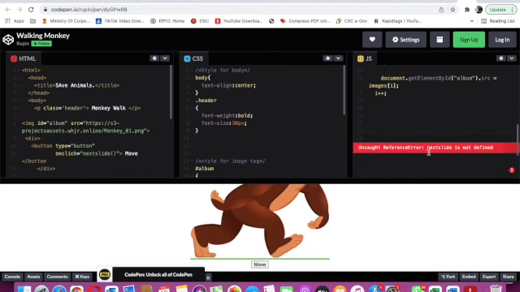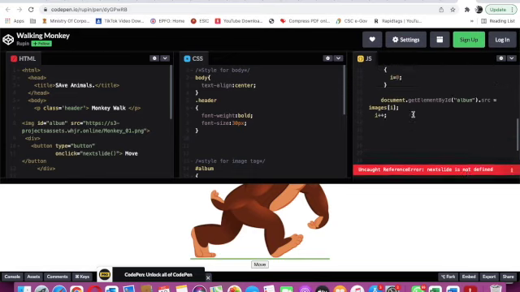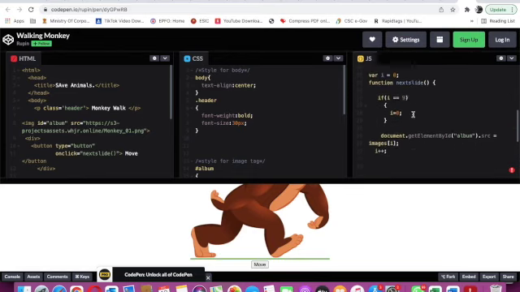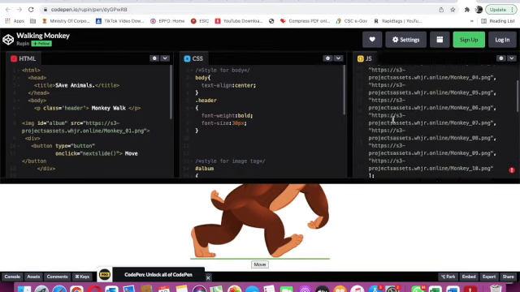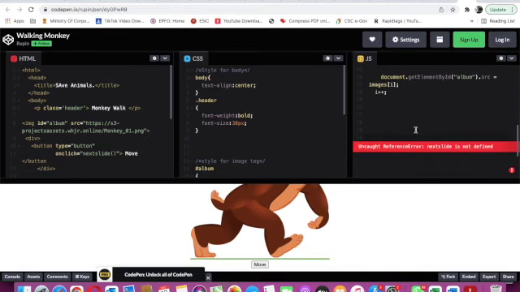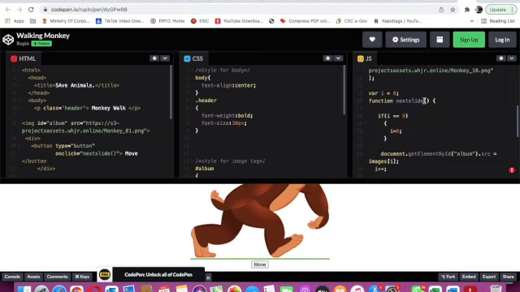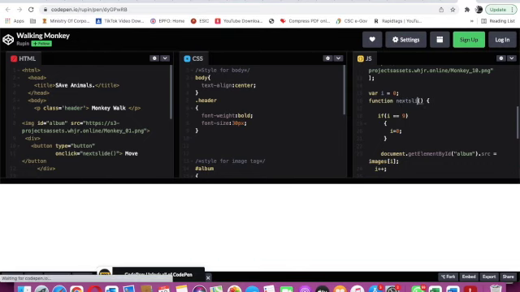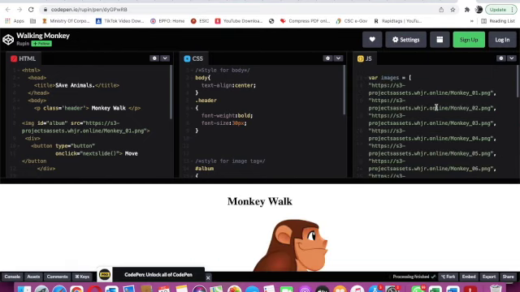Uncaught reference error. nextSlide is not defined. Next slide they have given, okay, we will delete this nextSlide and we will type nextSlide again. Okay, now we will check.